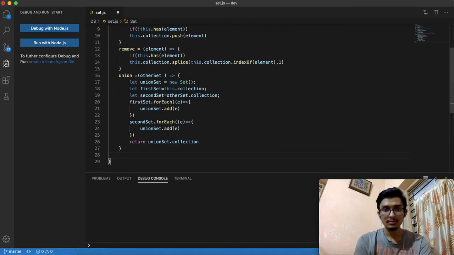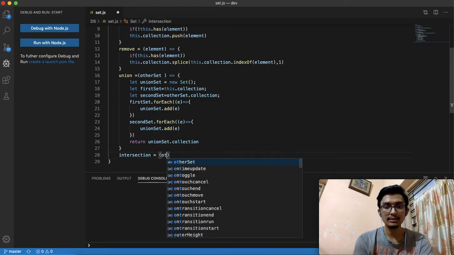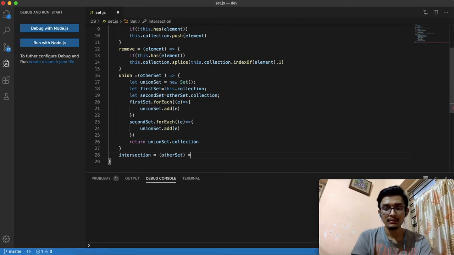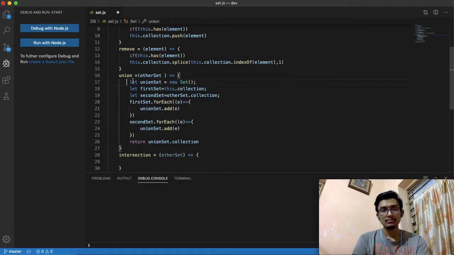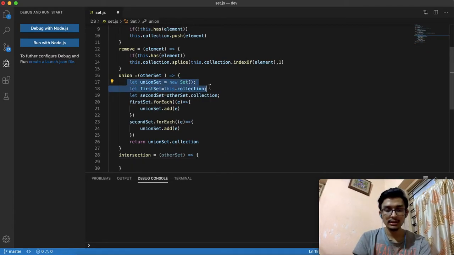The second functionality of a set is the intersection. So intersection(otherSet), let intersectionSet equals new Set, and firstSet is this.collection.